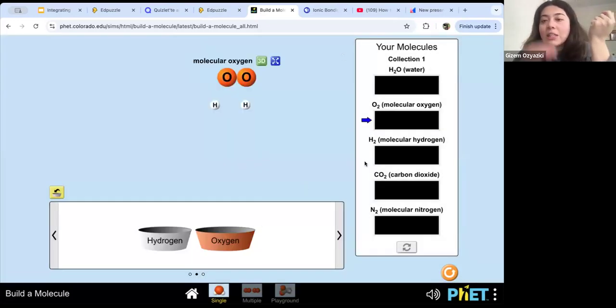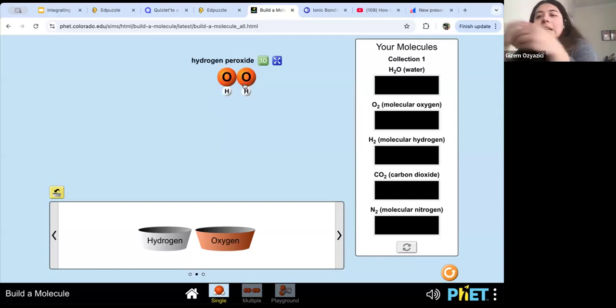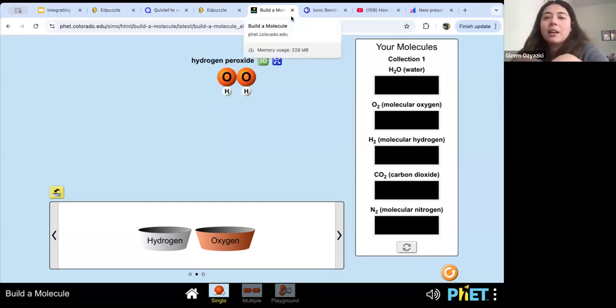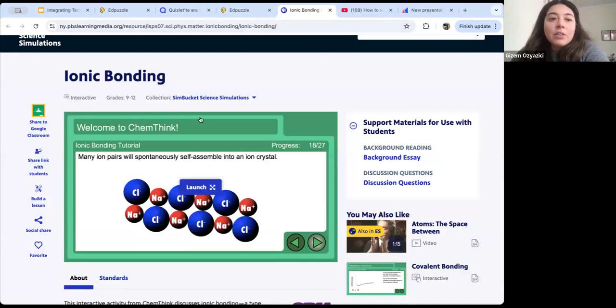You can find worksheets. For example, if I am going to use this in my classroom, I would prepare questions and instructions. I would say first, choose the molecules. Second, bring them together, just simple and clear instructions. So if you are using a simulation, my recommendation would be to make sure to use clear instructions for your students. This is again PhET simulations. There is also one that I want to show in